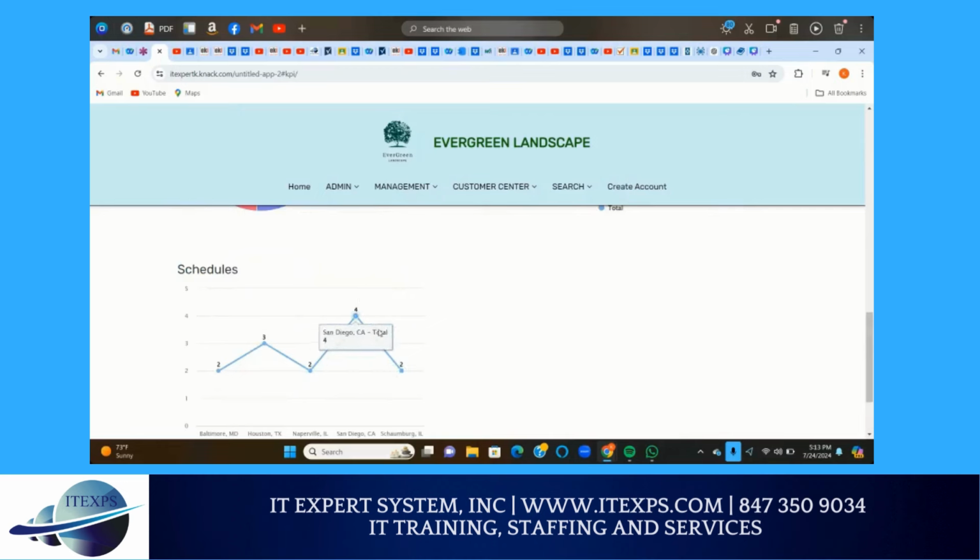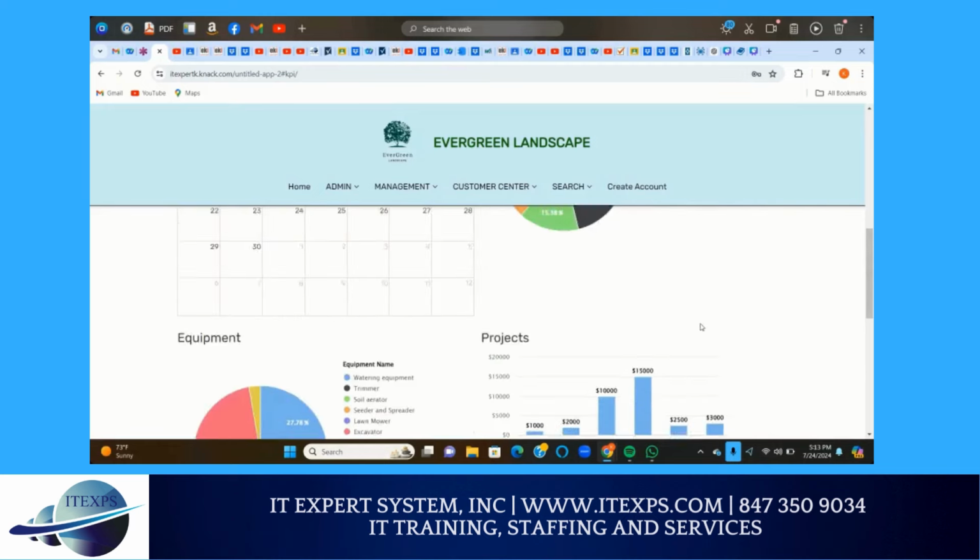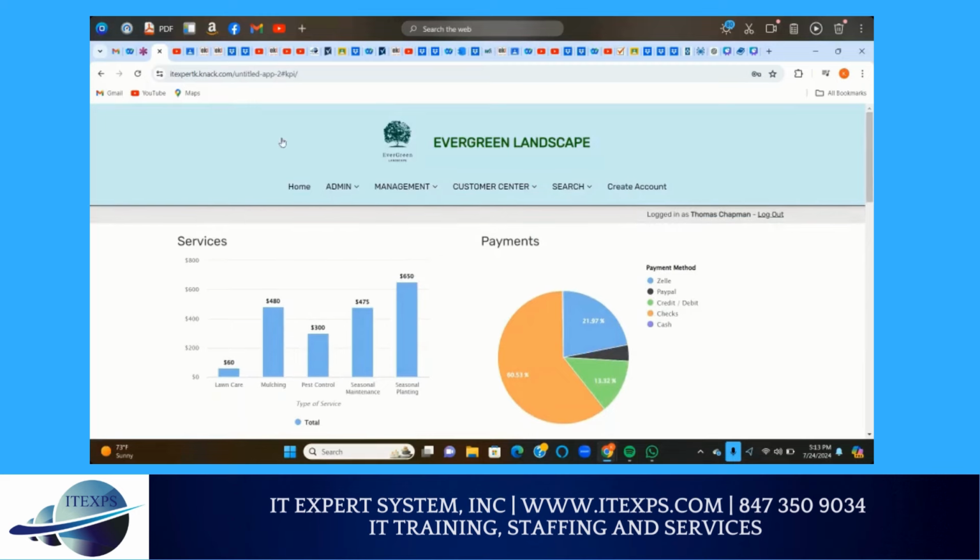The line chart shows the number of customers in the various states that we operate in. So we have most customers in San Diego, California. And that is what we have for the live app.